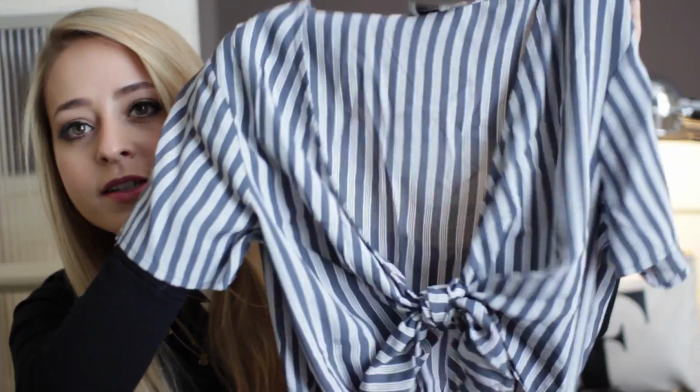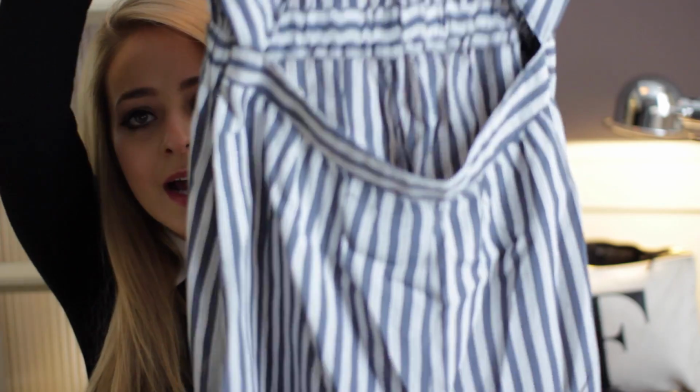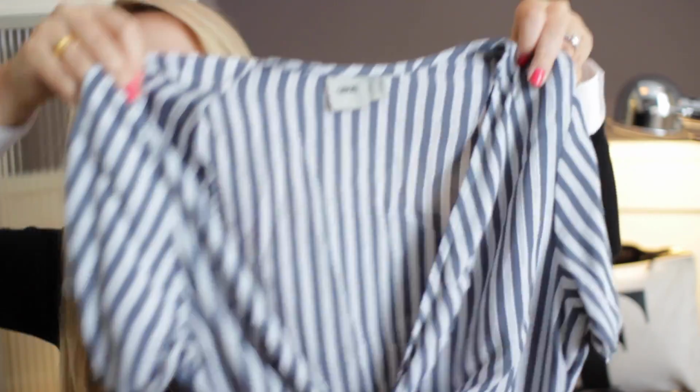The next thing I picked up was this play suit, which again is from ASOS own brand, and it has a tie at the front. It's almost a bit like vintage pin-up inspired, and controversially for me it has a cutout at the waist,